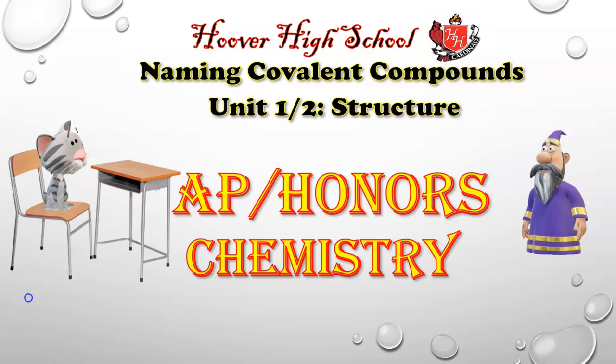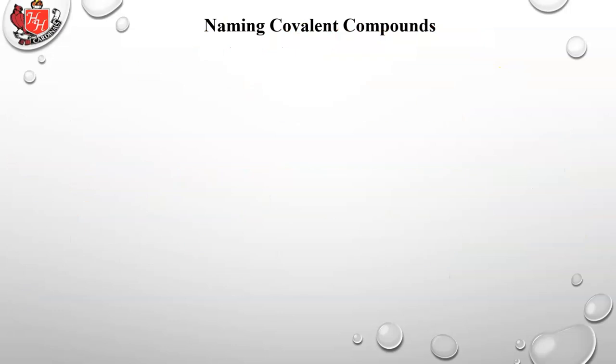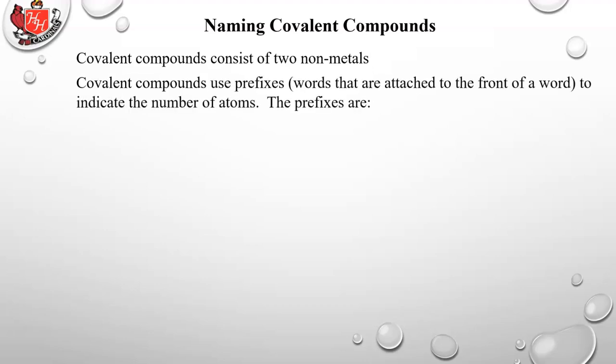Chemistry. This lesson will cover the rules for naming covalent compounds. Covalent compounds consist of two nonmetals. Covalent compounds use prefixes. Those are words that are attached to the front of a word to indicate the number